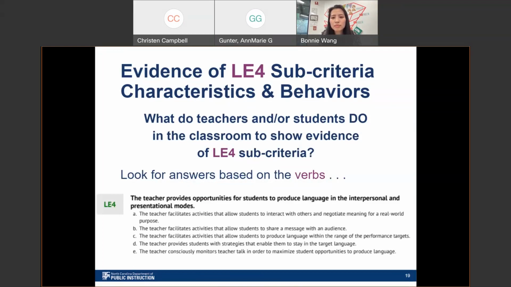Like we said before, a lot of the verbs are things that teachers do, facilitating activities that help students produce language, or providing students with strategies, or teachers monitoring their own teacher talk to make sure that they're giving opportunities for students to use the language in different ways. There's a lot of action happening with those verbs.